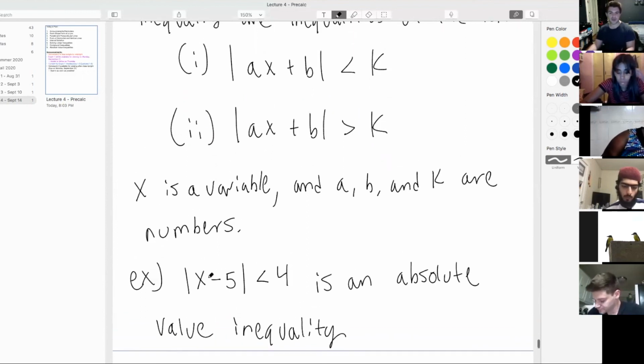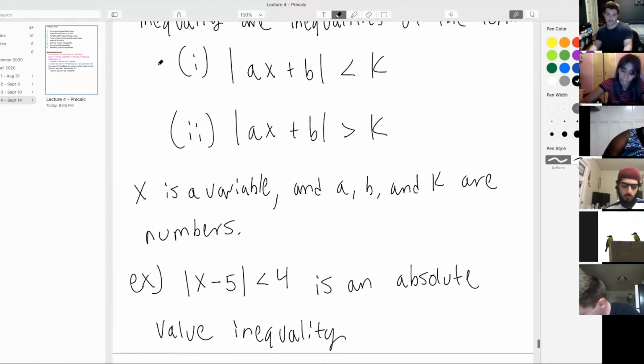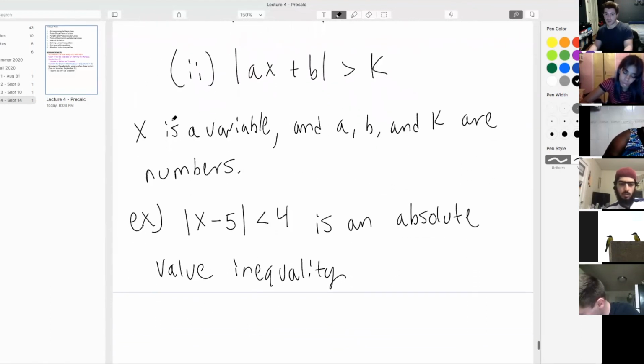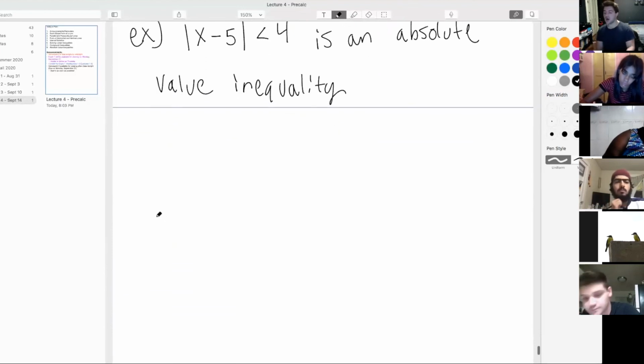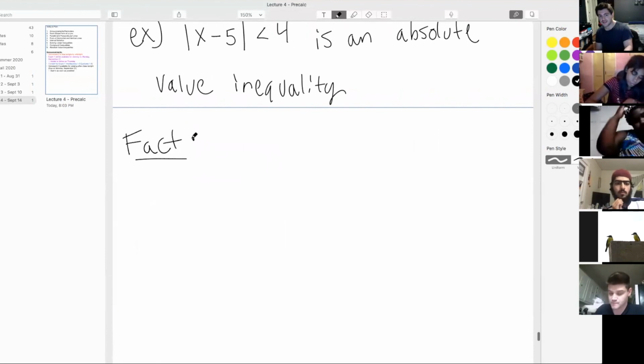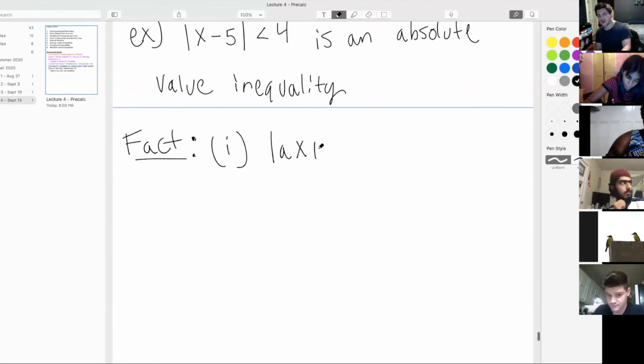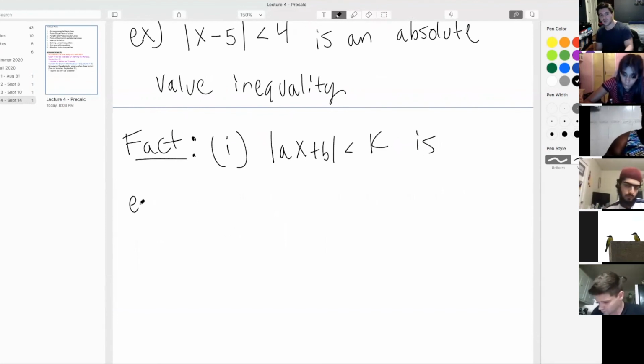Okay, so it's of the type 1 up here. Okay, so here we go. Here are our key facts. We want to figure out how to solve these guys. Well, this is how. Fact 1: the absolute value of ax plus b less than k is equivalent